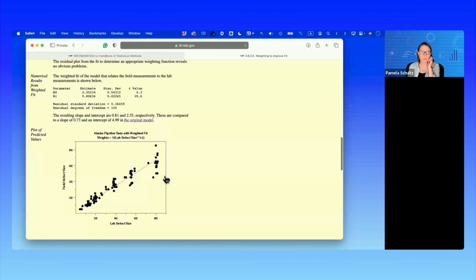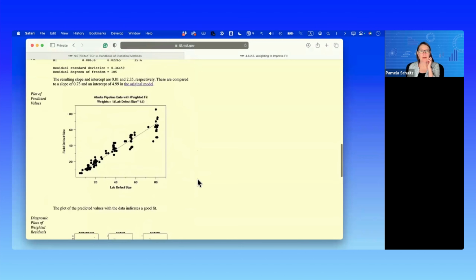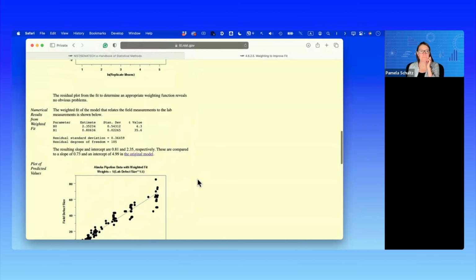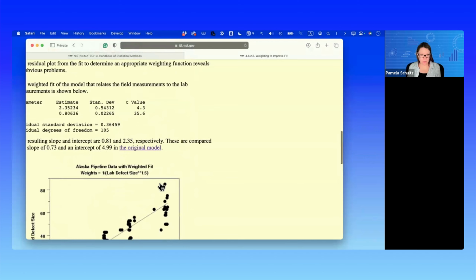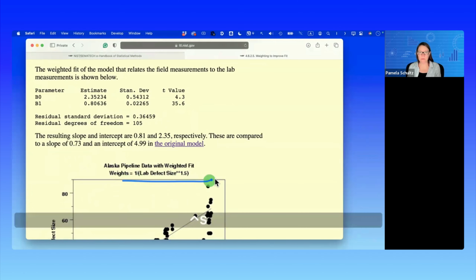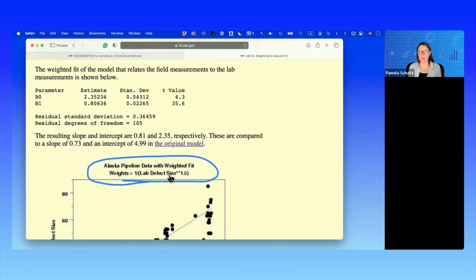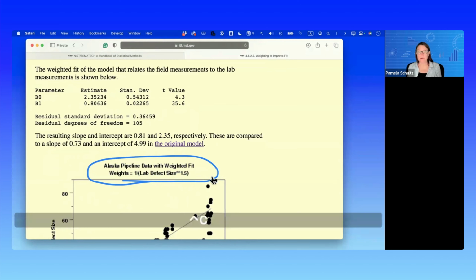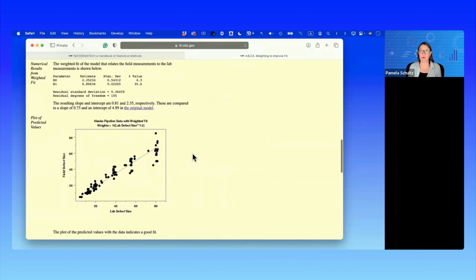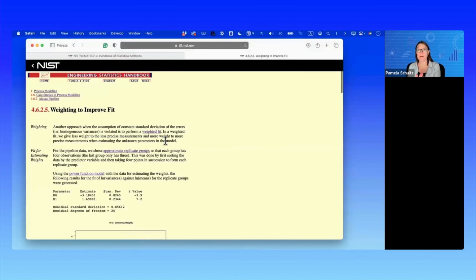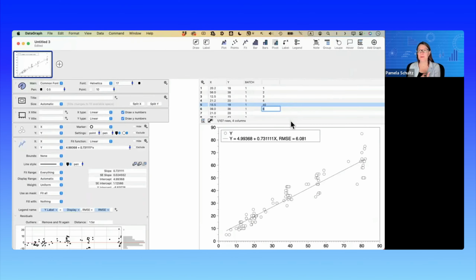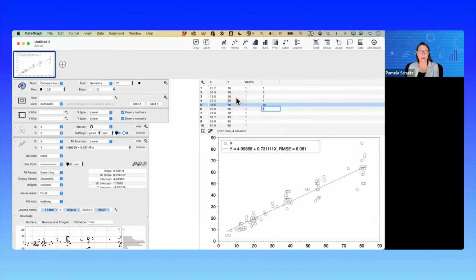And I've sort of worked through this. But basically, they recommend a weighting parameter, and they show what it is right here. So this graph is doing a weighted fit, and it's using 1 divided by whatever the value is for x to the power of 1.5. That's what that means. So to do this in DataGraph and to mimic the weighted fit that they have here within the NIST Handbook, what we need to do is calculate or have the weights in a column,